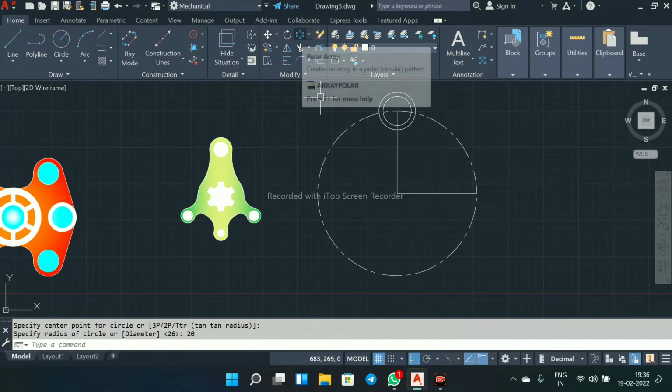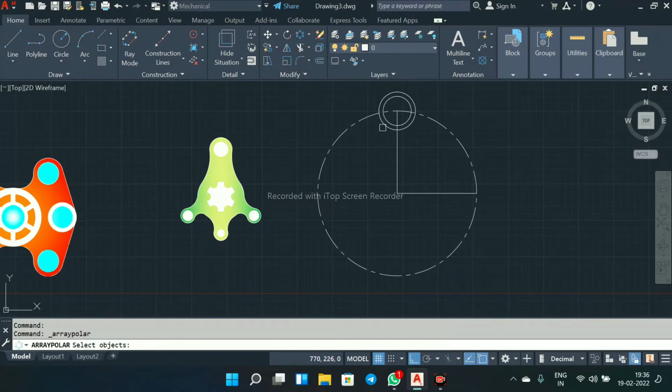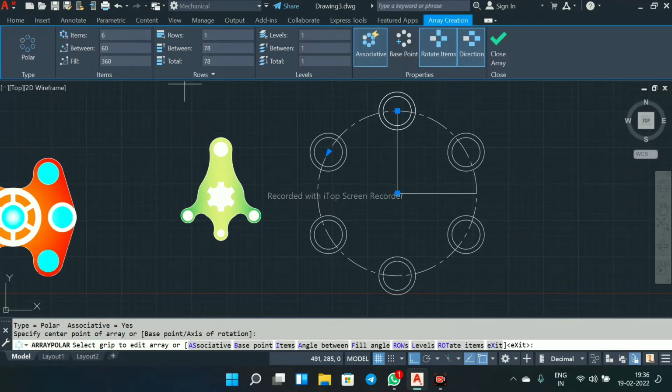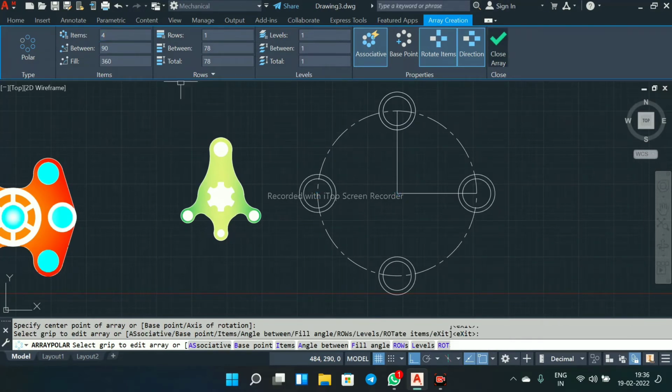Select this polar array, select this arc, right click, and this endpoint, select this item 4 mm, close array.